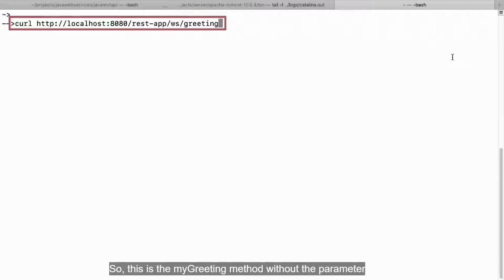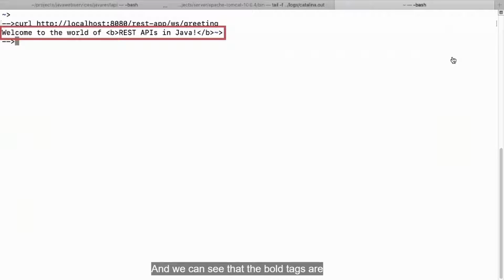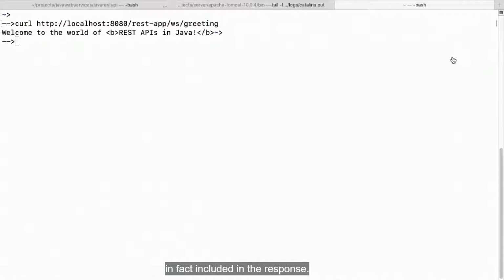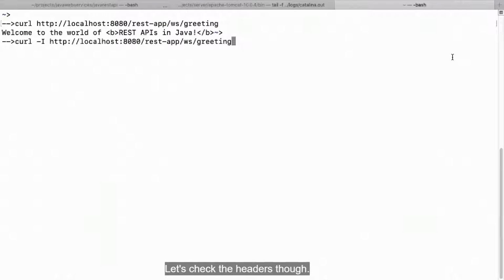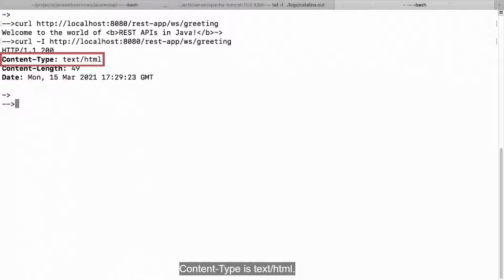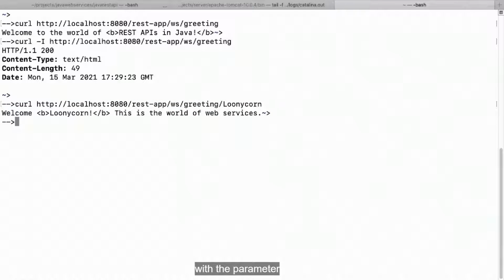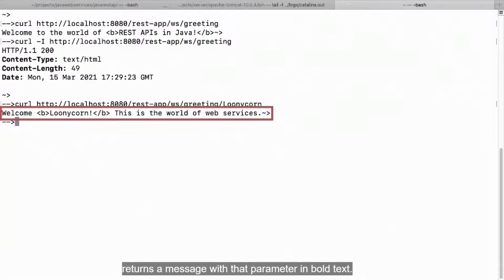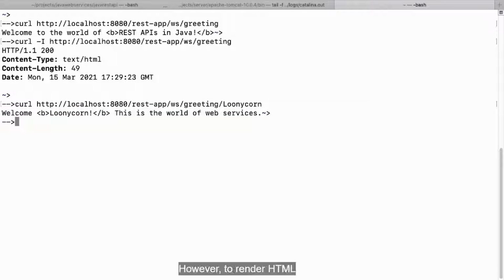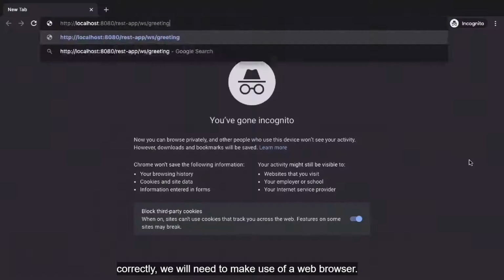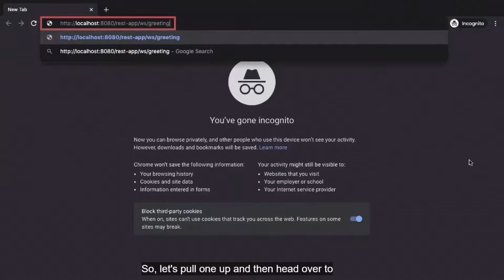This is the myGreeting method without the parameter which will be invoked. And we can see that the bold tags are in fact included in the response. Let's check the headers though, where we can confirm that the content type is text/HTML. And let's quickly confirm that myGreeting with the parameter returns a message with that parameter in bold text. However, to render HTML correctly, we will need to make use of a web browser. So let's pull one up and then head over to